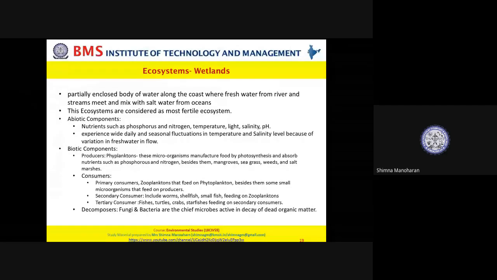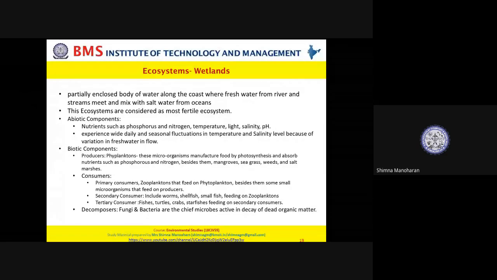In those movies they go through this kind of a structure wherein the roots of the trees are seen outside on the water, right? And those root areas are considered as a wetland. They have an immense quantity of phosphorus and nitrogen, which are essential nutrients for plants. Those of you who have seen mangroves, next class I will be taking a case study on the importance of mangroves and why they are considered the most fertile ecosystem.